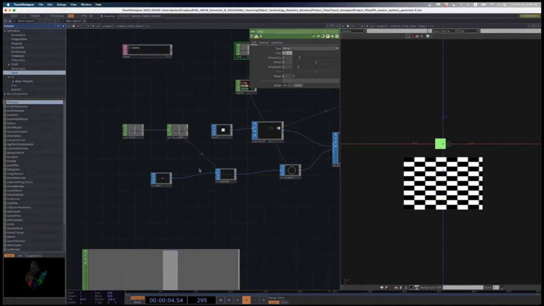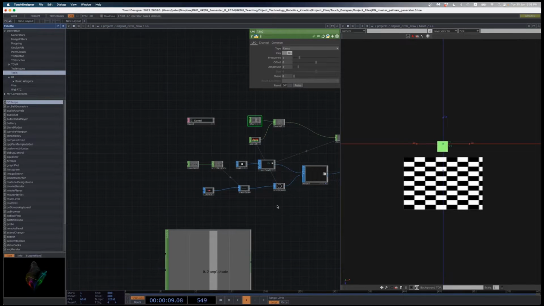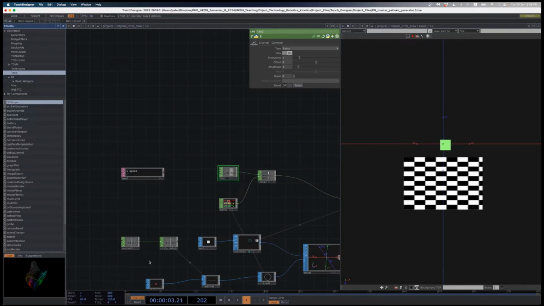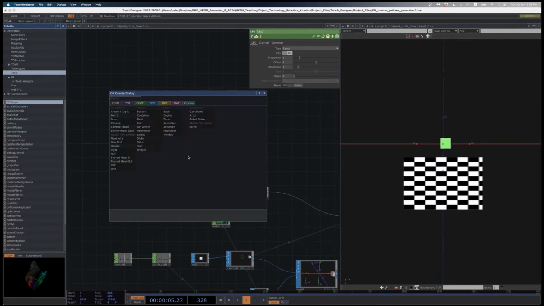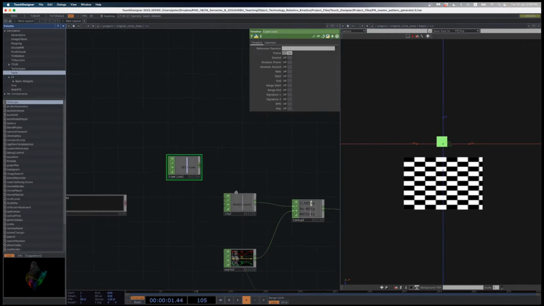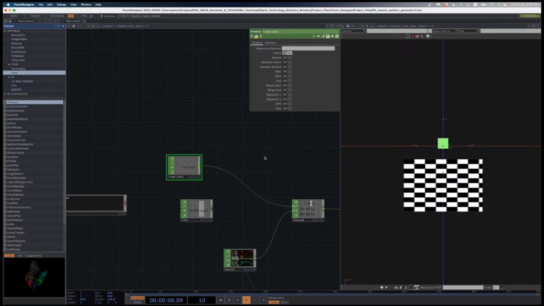You can try changing the circle for another shape, or, I don't know, see what you can come up with. One thing I mentioned in class: if you want to lock this to the timeline, instead of using the LFO, we can go into CHOP and put in timeline. If I just disconnect the LFO and put in the timeline, what you'll see,